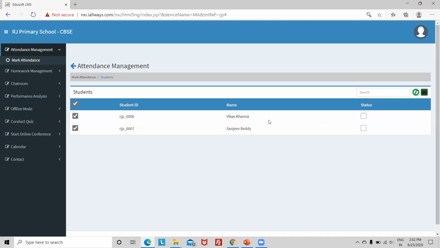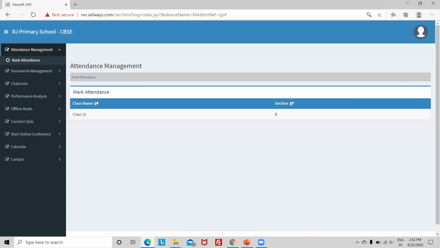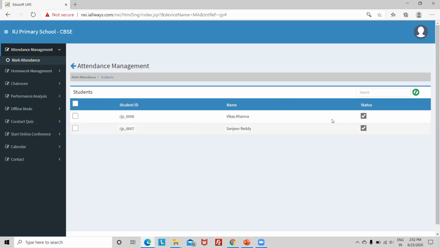I can do one by one also. So I mark as present, they'll just get marked as present. If you go back and look at it again, they are marked as present. If I want to mark as absent, I can mark one student as absent, I can just uncheck. Okay. So this is a toggle. You can mark an individual student as present, or you can select all the students and collectively mark them as present or absent using this option, as you saw above.